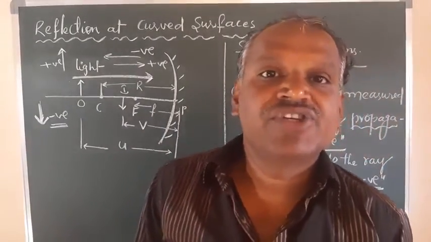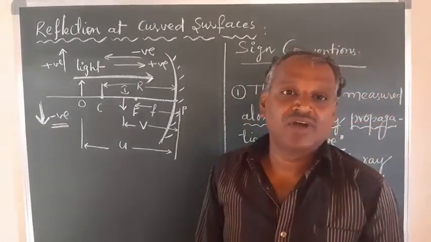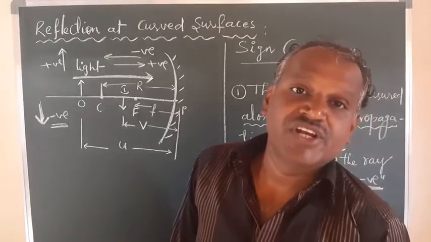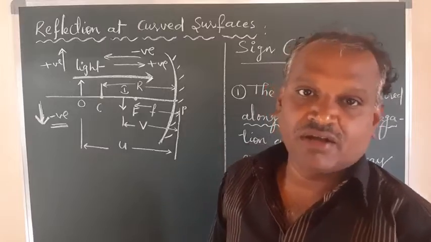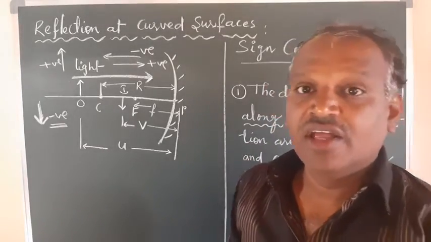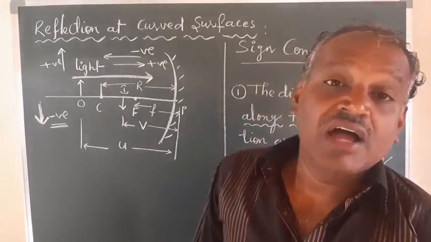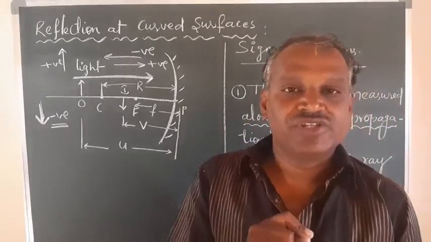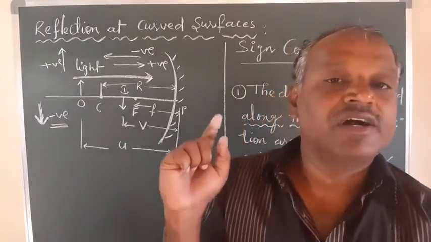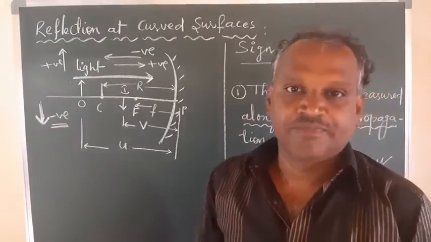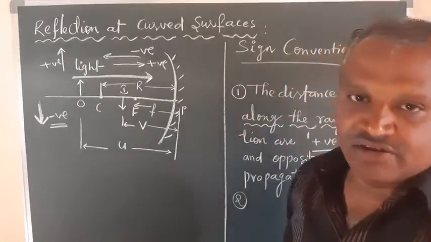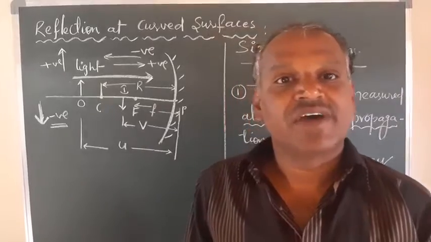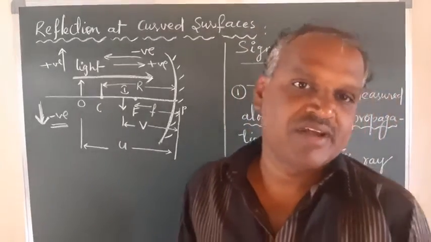So these are the sign conventions you have to follow whenever we are substituting or calculating in the mirror equation, or any calculations related to the object distance, image height or object height. Along with the sign conventions itself, you have to substitute the values. If you are not using the sign conventions, the magnitude may be altered, plus or minus, and the values will go wrong. So be careful about these sign conventions, right? One is this one, and the second one is the distances above the principal axis are positive, the distances below the principal axis are negative. Correct?